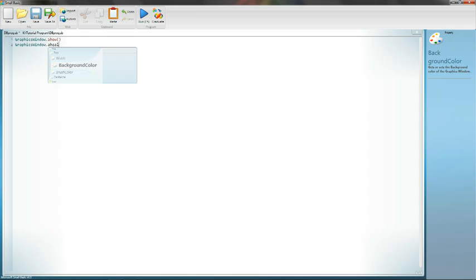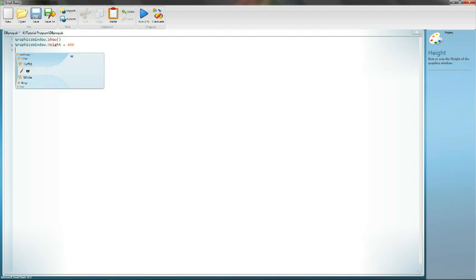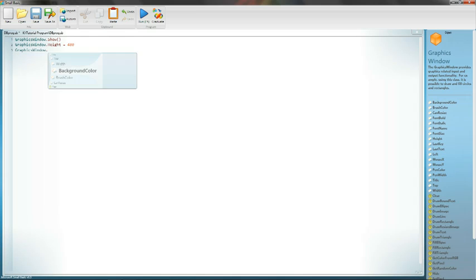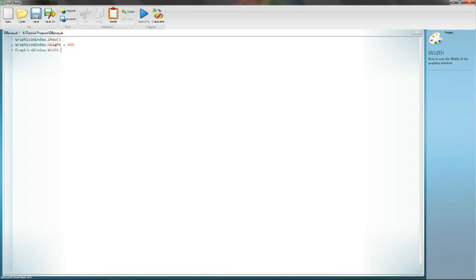And we're going to assign the height to 480 and the width to 640. And we're also going to be creating a couple of variables. We're going to do num clients